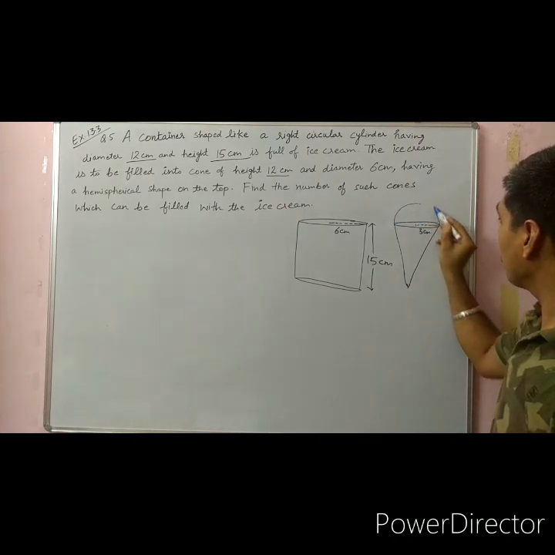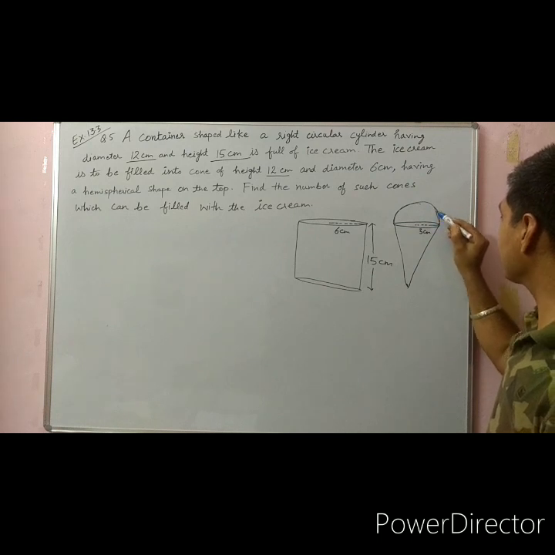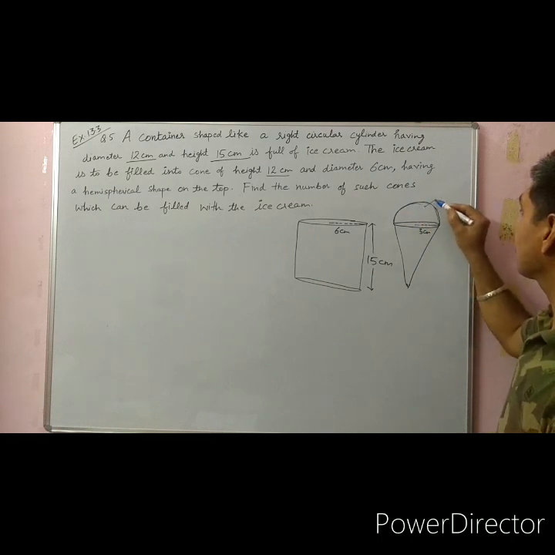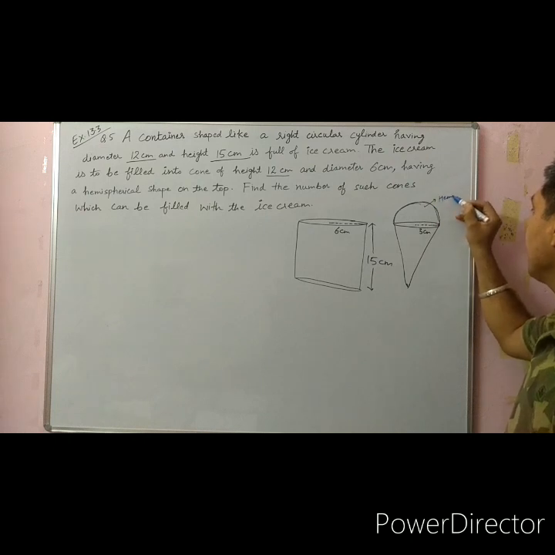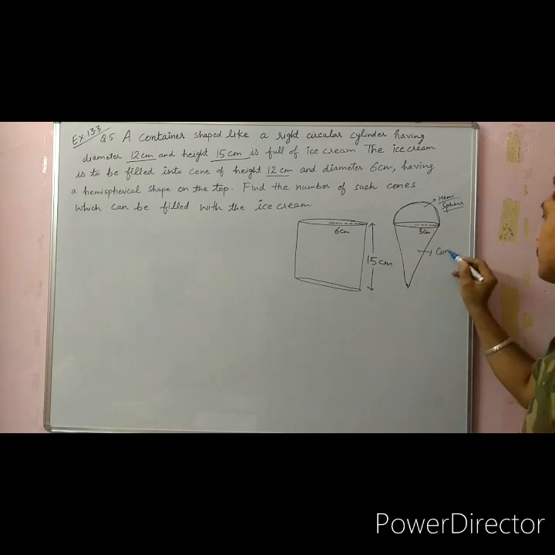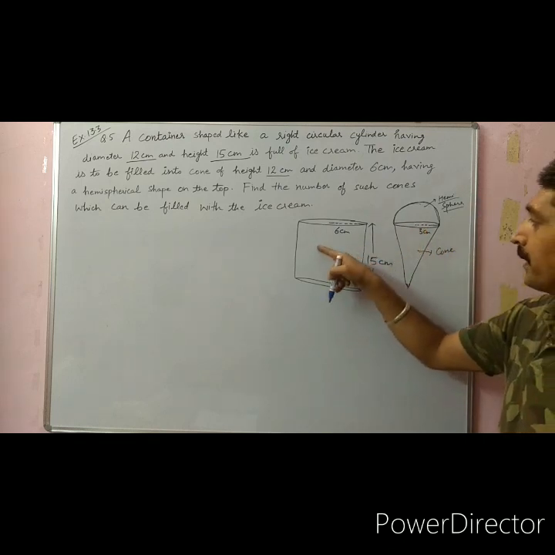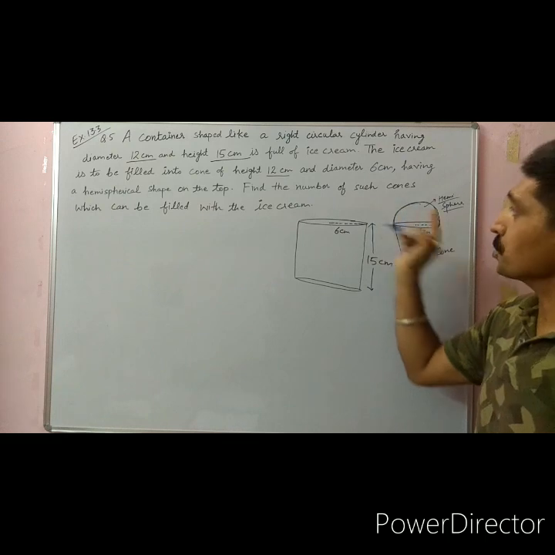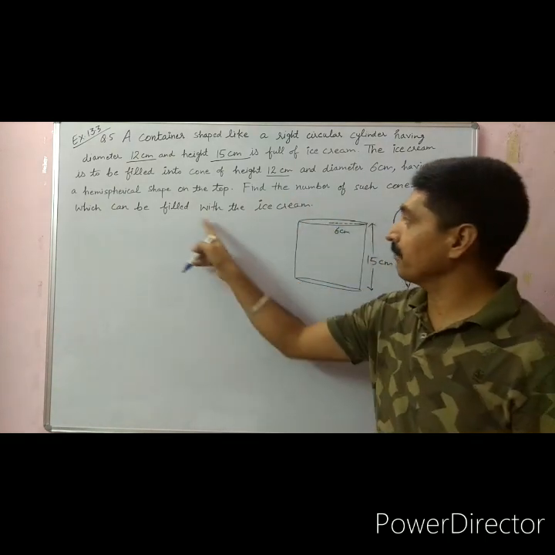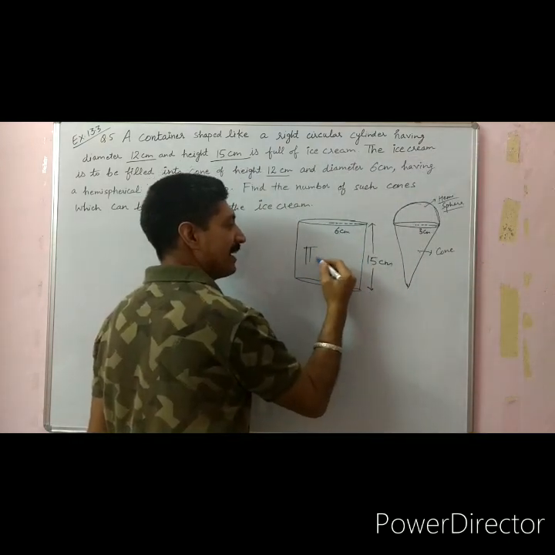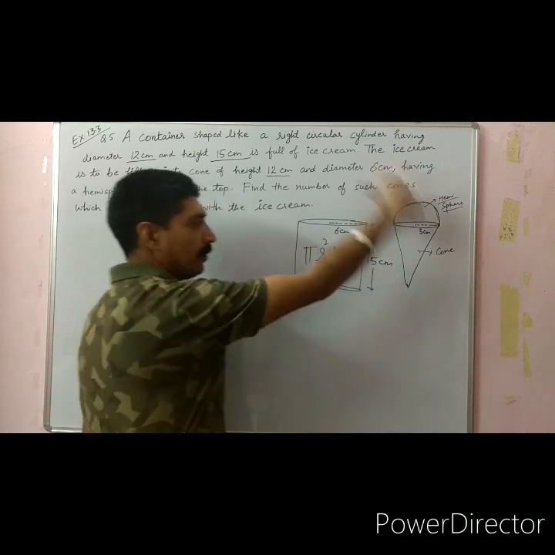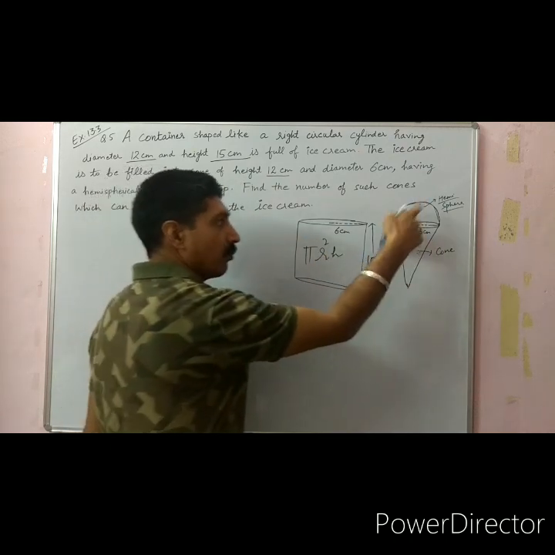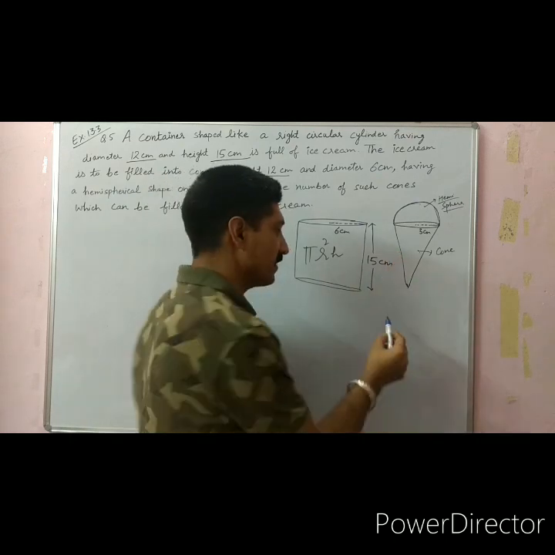at the top we have to put ice cream in the shape of a hemisphere. This is the cone here. So from the cylinder we want to put the ice cream into the cones, and the question is to find the number of such cones which can be filled with the ice cream. Here we know the volume of a cylinder is pi r square h. The same volume is to be converted here. The volume of a sphere